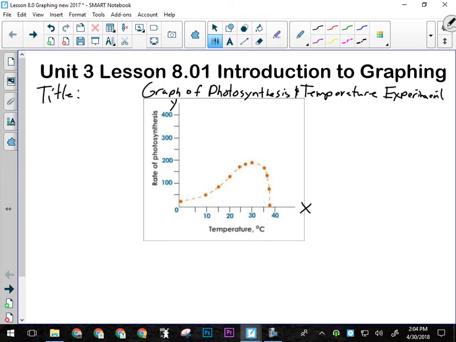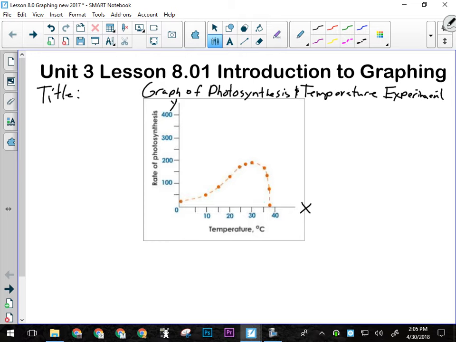Right, until about 30 degrees Celsius, and then all of a sudden, the rate of photosynthesis just plummets. So this is telling us that, yes, in general, the rate of photosynthesis goes up with temperature, but there's a kind of a tipping point. There is a temperature at which plants are going to shut down because they're going to lose too much moisture to carry out photosynthesis, or maybe there are some other factors that go along with temperature that they don't like, and so they shut down, close their stomates, whatever, and stop carrying